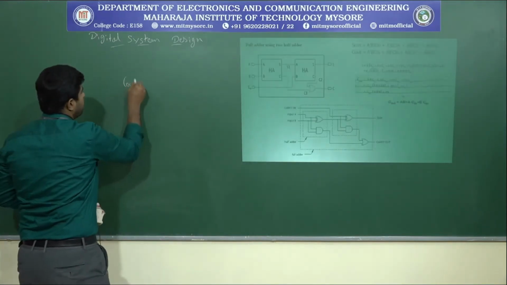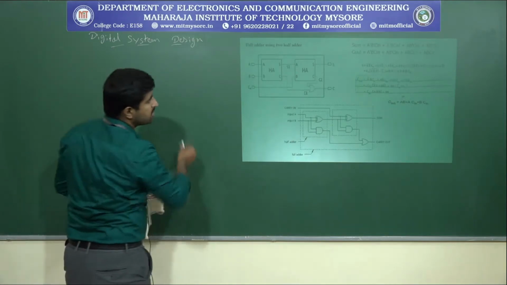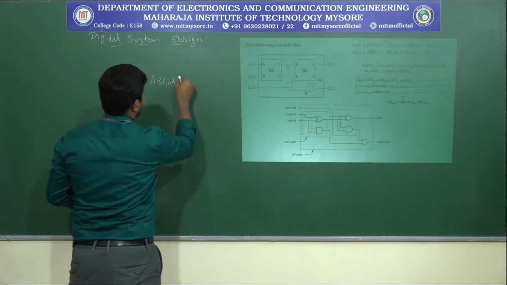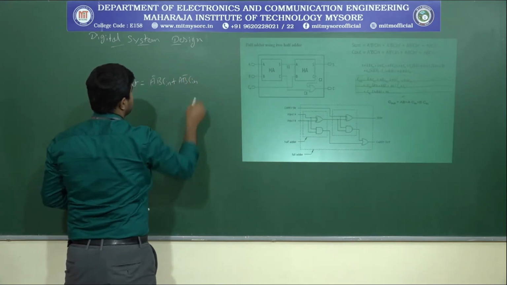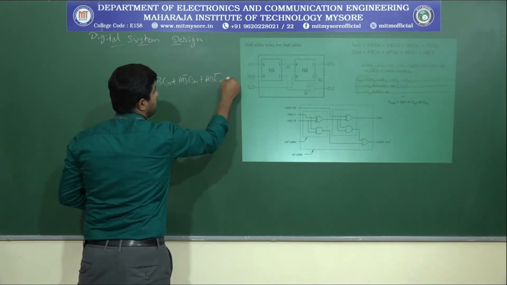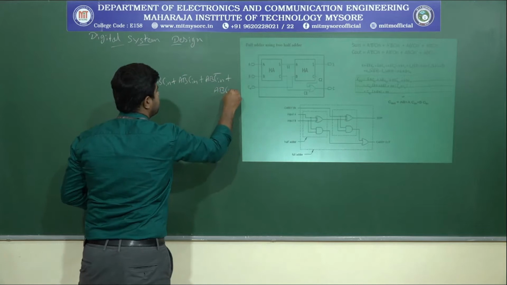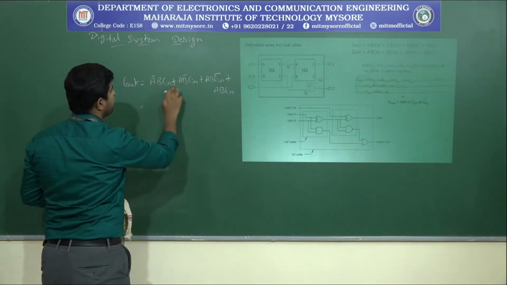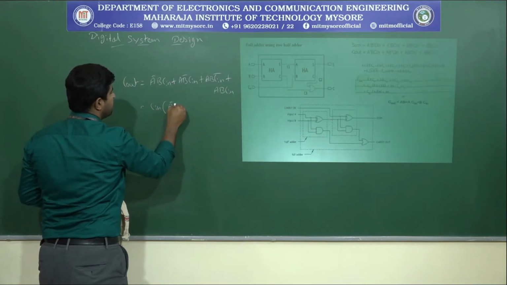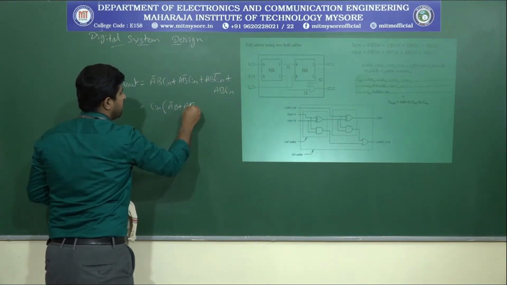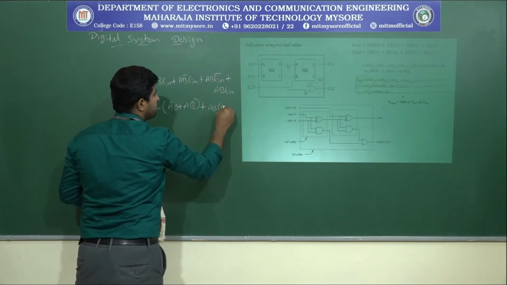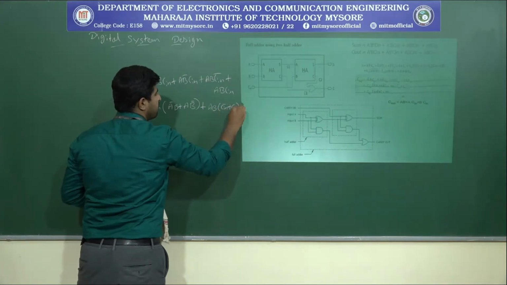From the truth table, we will get the C out equation as A bar B C in plus A B bar C in plus A B C in bar plus A B C in. Okay. So if you take a C in common in these two, then the equation will be A bar B plus A B bar plus, if you take A B common here, then this will be equals to C in bar plus C in, right?